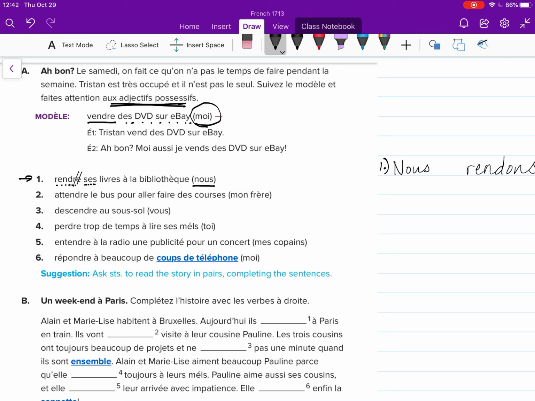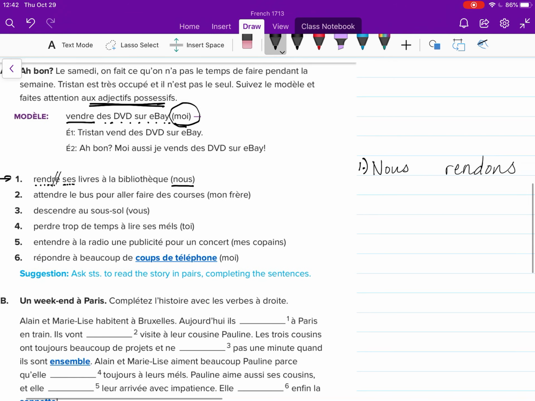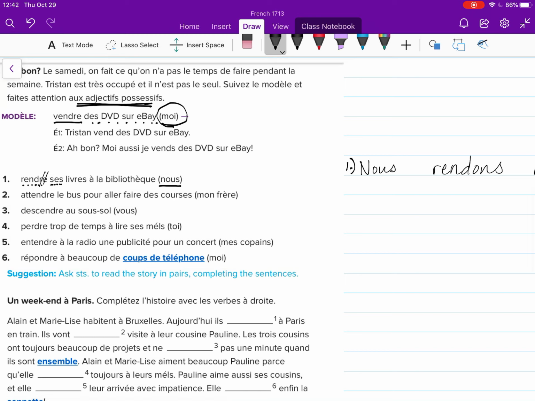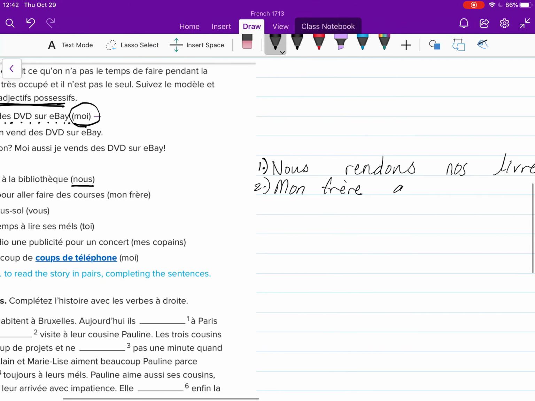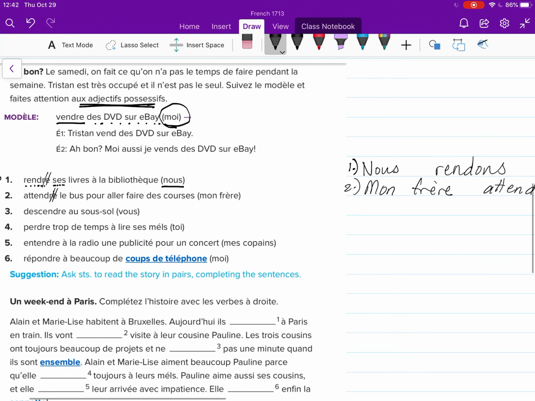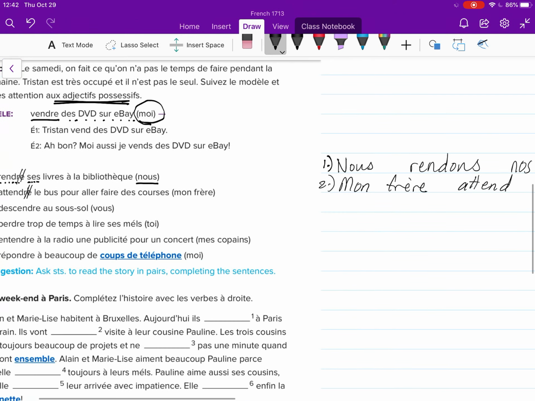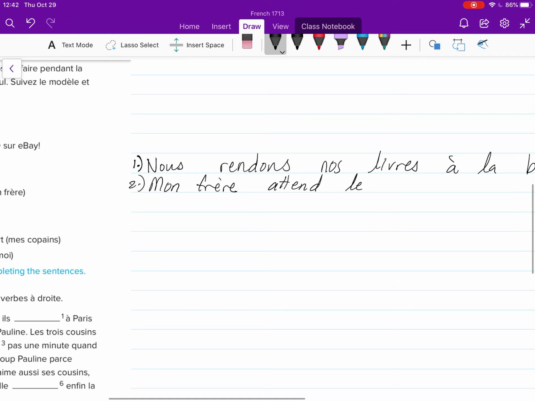Okay, hopefully you've had time to try and do this exercise. Let's do number 2 together with mon frère and attendre. So here we go. Mon frère is my subject. Attendre, I'm going to take off the RE and I'm going to add the ending. In this case, that's like il singular, so my ending is nothing. Remember, SS nothing. Attends le bus